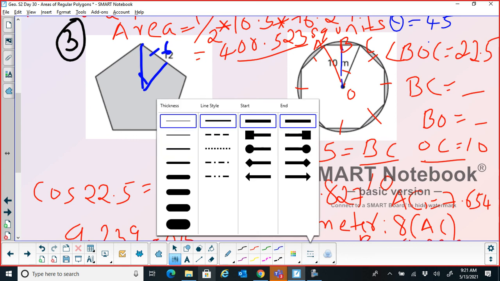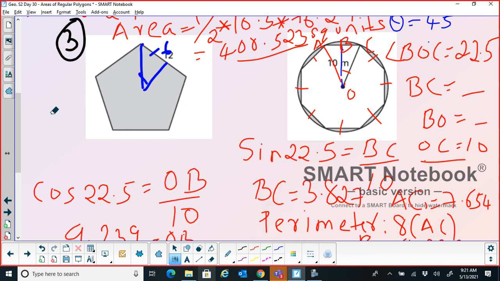So we have this particular side to be 6 units, because 6 plus 6 is 12, and I need to find the apothem. Only that is missing. So once again I can use tan 36. Tan 36 equals opposite, that is our 6, divided by apothem, because apothem is over here. And I can find apothem as 6 divided by tan 36.